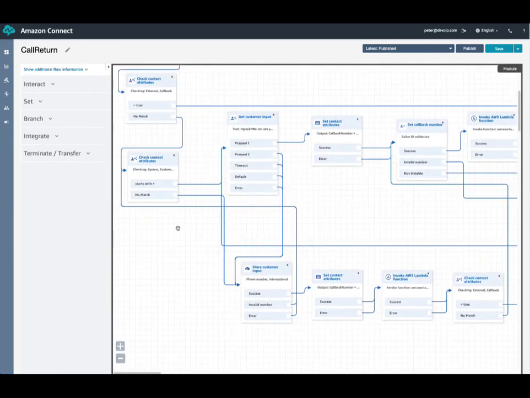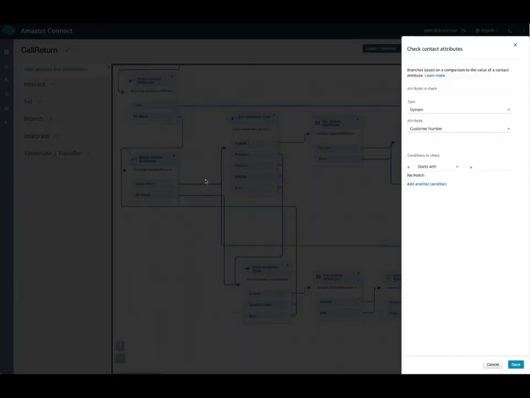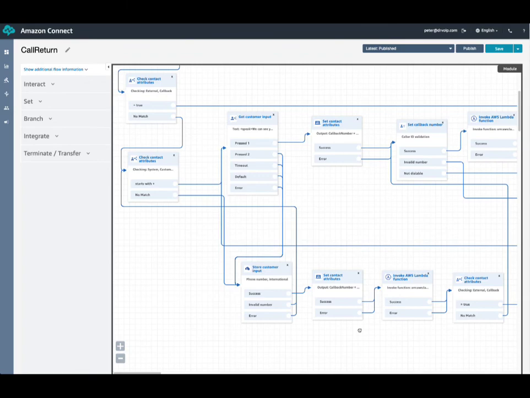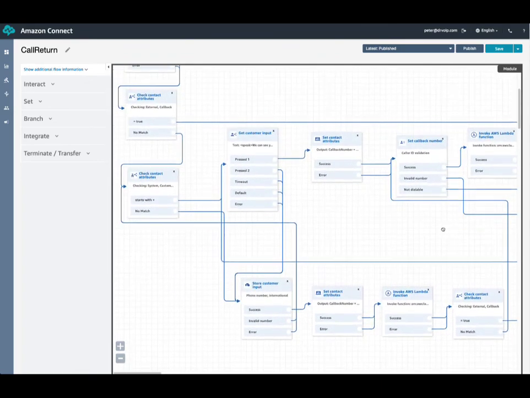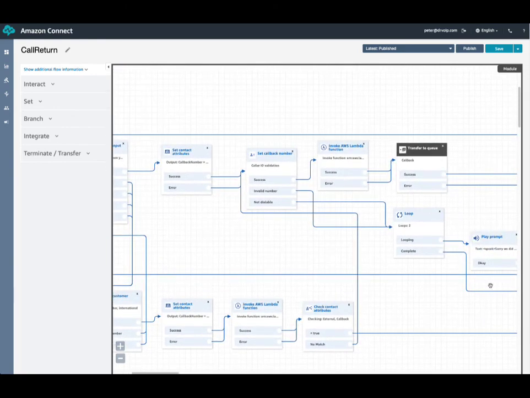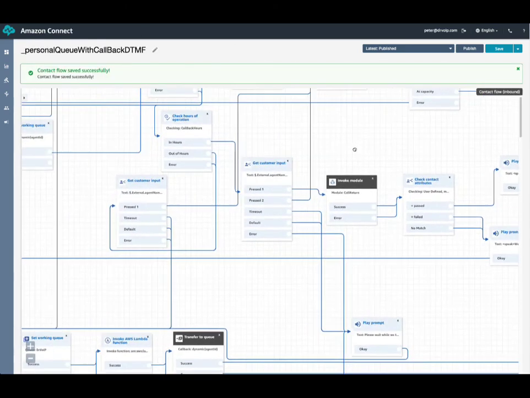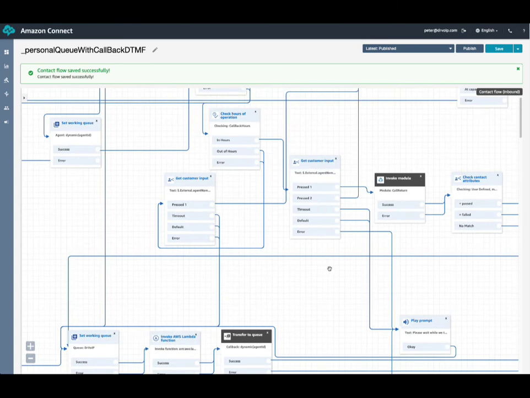There's also an option in here to, let's see, here we go. We want to make sure that the phone number started with plus, and we've got some error correction here to handle that eventuality. And then this is going to be returned back to the contact flow that called it.